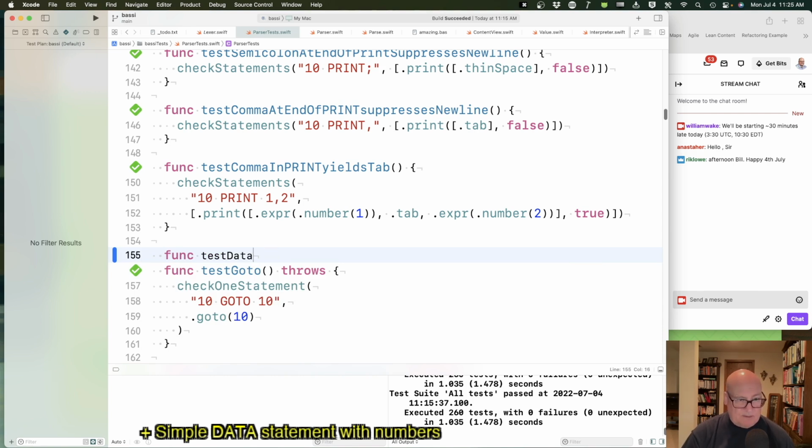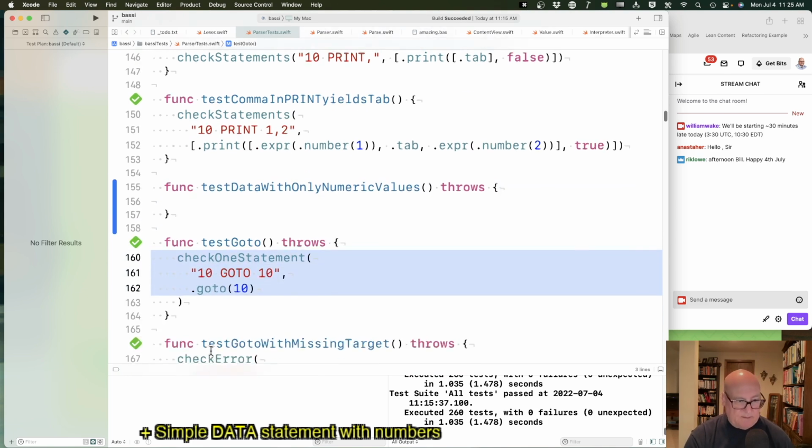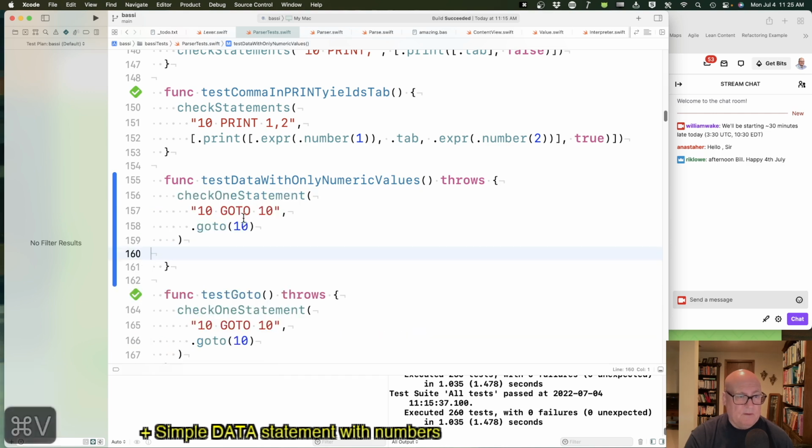We're just checking the parse with only numeric values. Okay, and this is the kind of thing we want. Okay, so if we have 10, data 3, 2, 1,